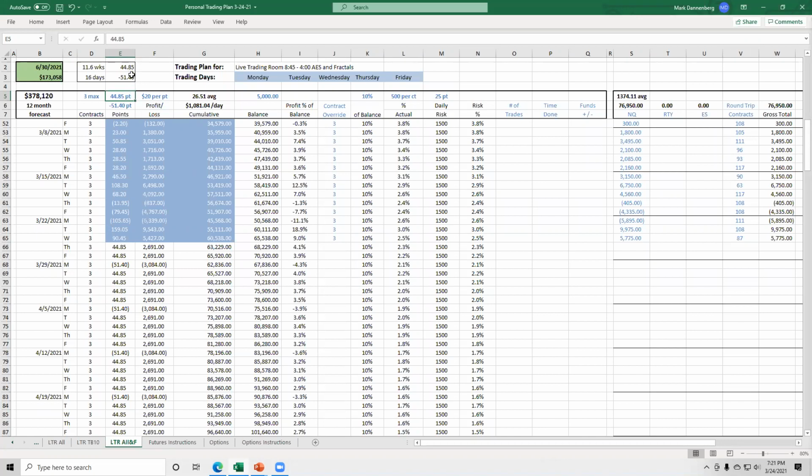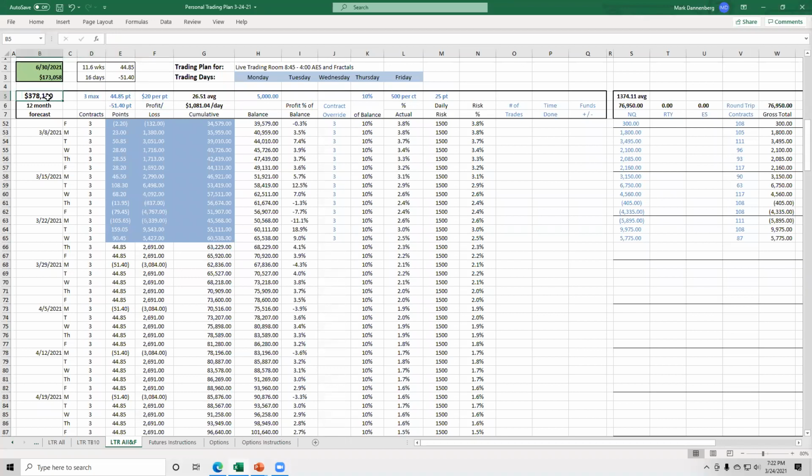You're going to find that these run rate variables change more frequently in the early months. The numbers in the other two categories aren't really changing that much from day to day, but we're still early on, 11.6 weeks. When you get out to 4 or 5 months in your personal trading plan and you have 4 or 5 months of history, these values start to stabilize a little bit more. But initially, based on those values, I've got those same values in the forecast field, cap of 3 contracts, and